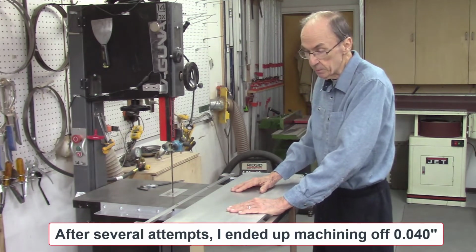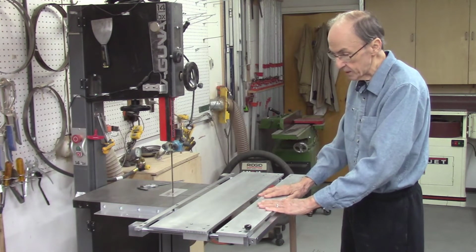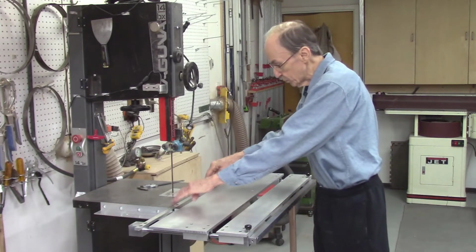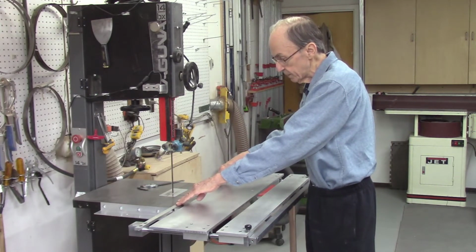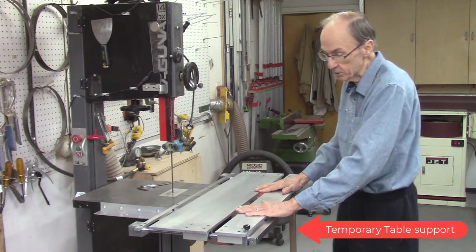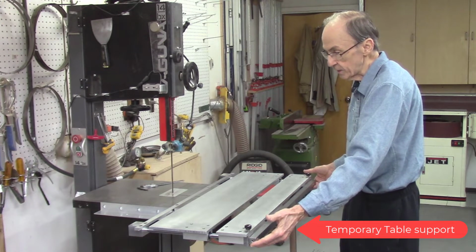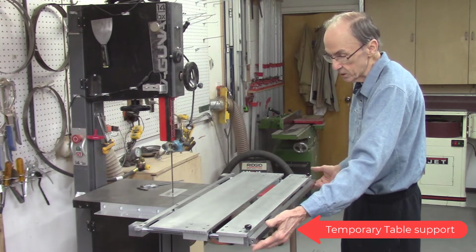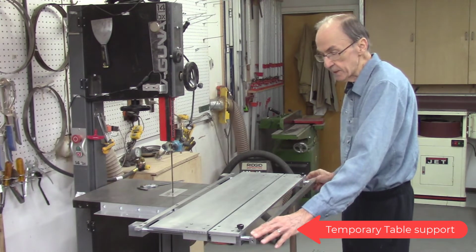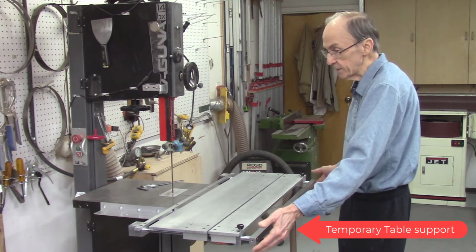The other issue that came up is there's so much weight on this outside edge of the table where it overhangs the bandsaw table that the system is actually sagging. And that's one of the reasons I decided to screw this miter bar into the bandsaw table, to make it more secure so it won't flip out on you. But there's so much weight on this outside edge, I need to support this end of the Accu-Slice system. So I'll be machining 2 bars, 1 on each side. These will be adjustable legs that I can adjust the height of this to eliminate any sagging of the